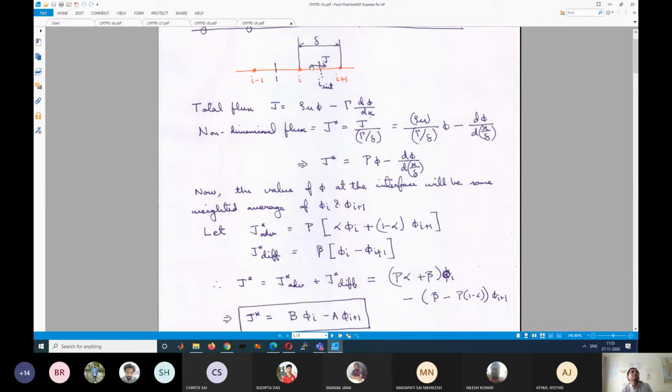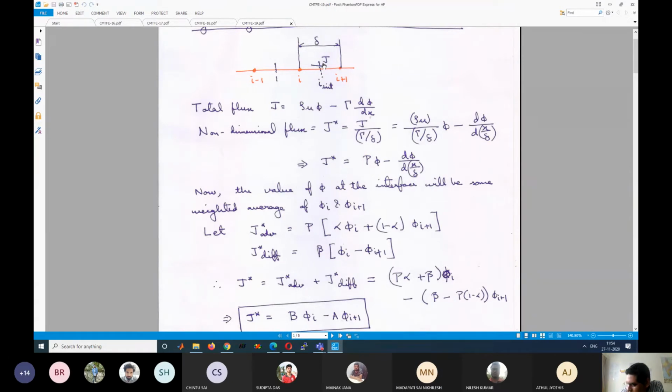If we have a certain Peclet number, say 3, what will be the Peclet number if the coordinate direction is reversed? What is the Peclet number in that reversed coordinate system? Because we always have to calculate the flux and Peclet number along the axis direction. So what is the Peclet number along the axis direction in the reversed grid system? Minus 3, right? So if it is 3 in this direction, in the reversed coordinate axis it is minus 3. In general, if the Peclet number is P, in the reversed coordinate direction the Peclet number is minus P. Is it understandable?